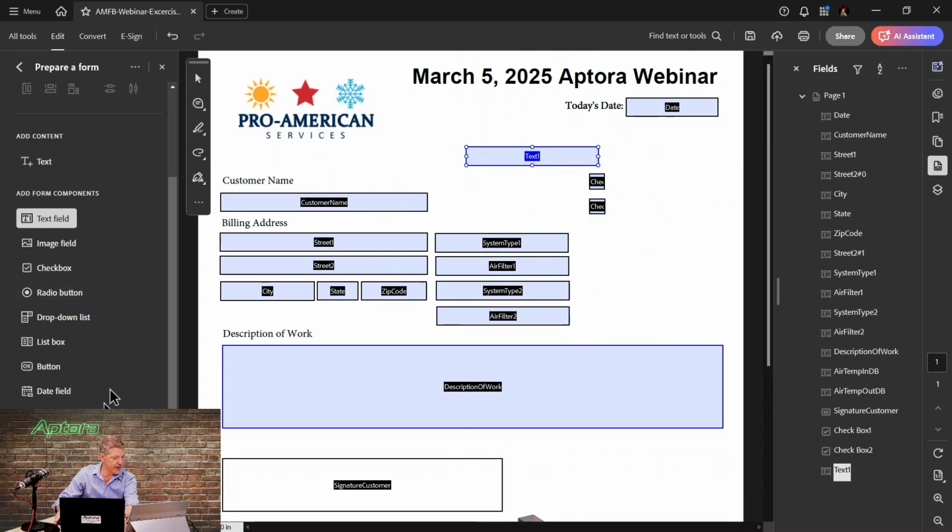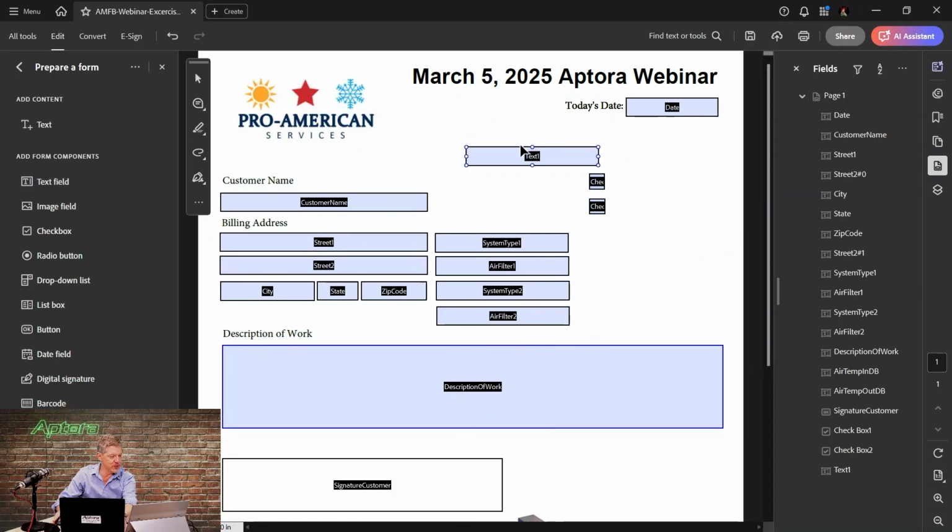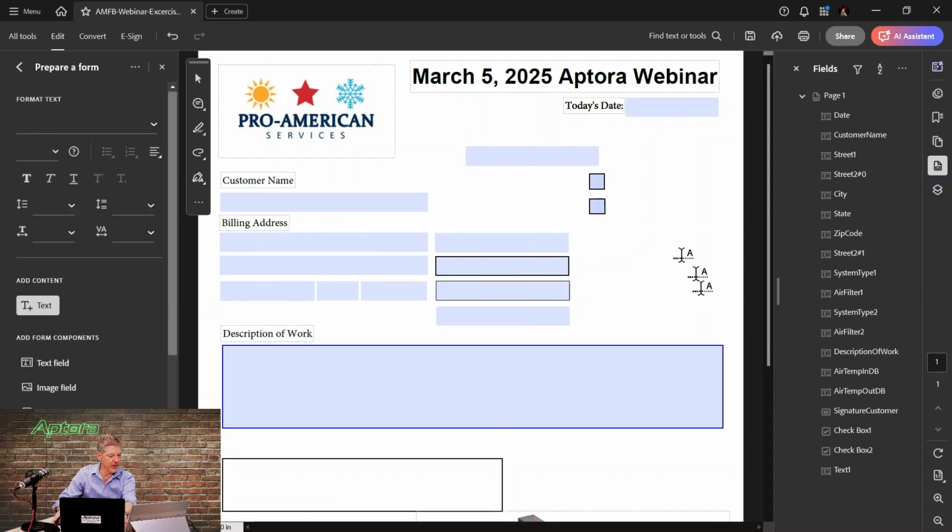Wait a minute. I did the wrong thing. Hang on. I misspoke. I meant to hit up here text right there where it says add content. I meant to click that, and there we go. All right, so let's say